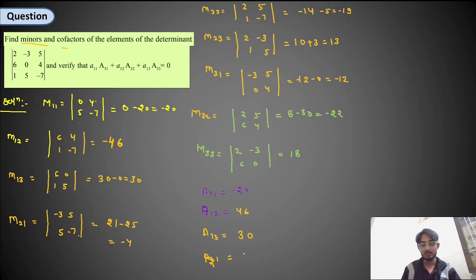Minus 4, so when you change the sign, you will get plus 4. That is 20. A22 equal to, now this is also an even number, so it will not change the sign. Minus 19. A31 equal to